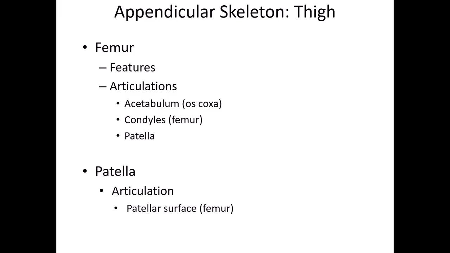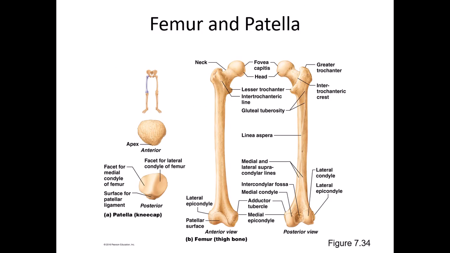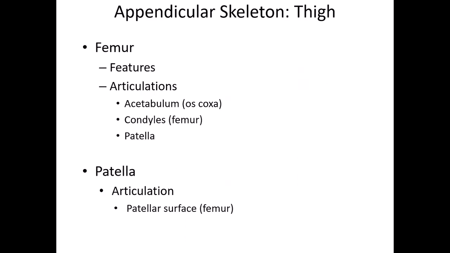In the thigh, you have a single bone, the femur, biggest bone of the body. It is the largest bone that we have, strongest bone. And that's, of course, because it's doing all that weight bearing, transferring the weight from the axial skeleton down through the lower extremity to the ground. Some of the big features that we looked at